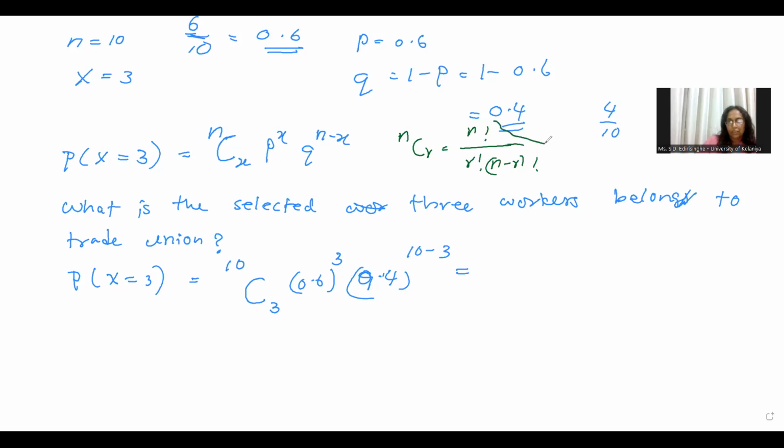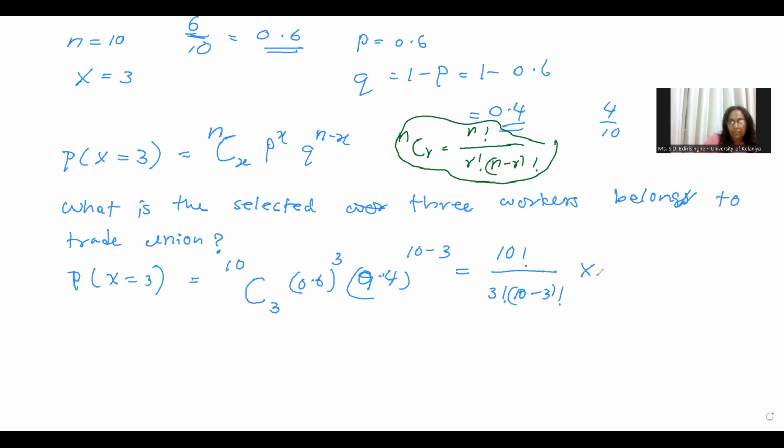Okay, this is the formula we have to use here. Now n means 10 here, 10 factorial. r means 3 here, 3 factorial. Again n, 10, minus r, 3, factorial